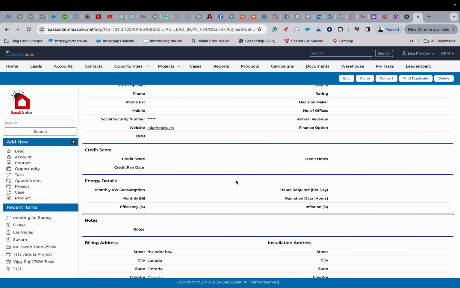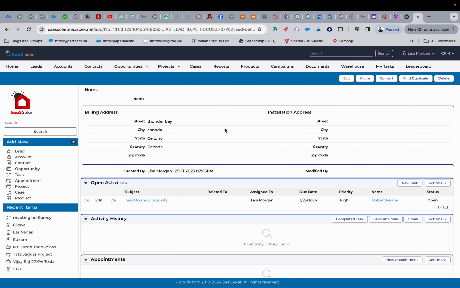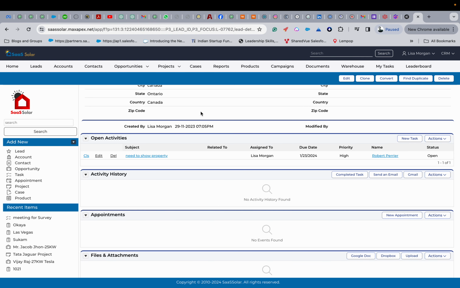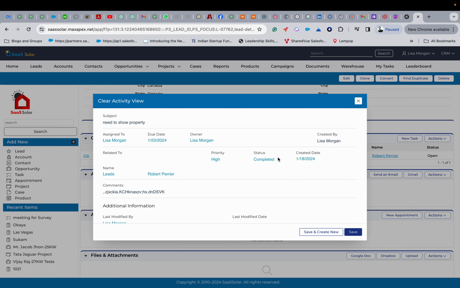Then the credit score, energy detail. If you want to have some notes for yourself or about the company, about the lead, of course you get that here. We have the different addresses. This is how you have the task section. So this is a pending task which I'm supposed to do on 23rd of Jan. If I finish the task, I simply click on clear and it changes the status to completed. And then if I want to add any comment further, otherwise this is just dummy content right now,